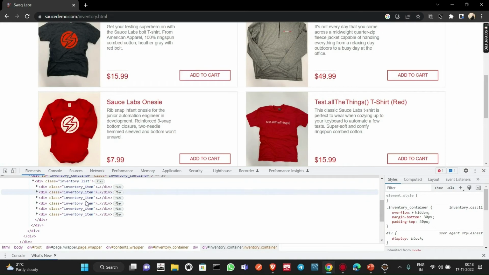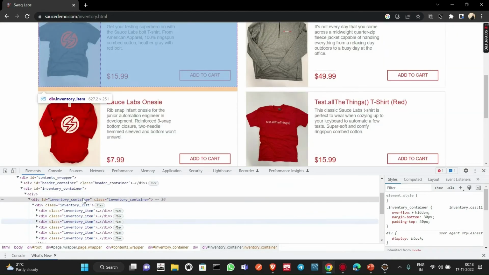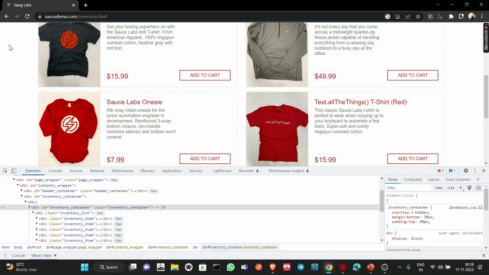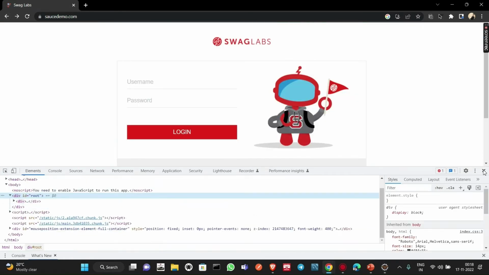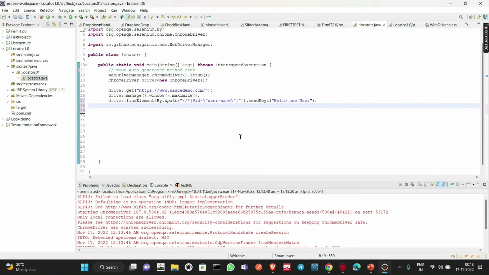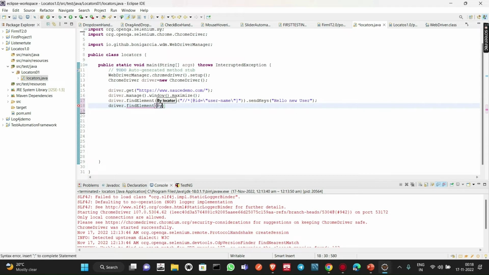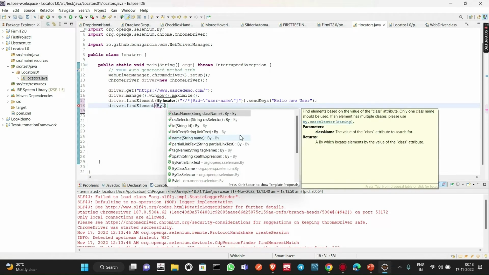So in order to get the list of all these items, we are going to select this particular div tag, locate this div tag, and then find elements via this div tag. Let me tell you how to do this. First we need to log in, right? So I have to write here driver.find_element, and then we need to provide